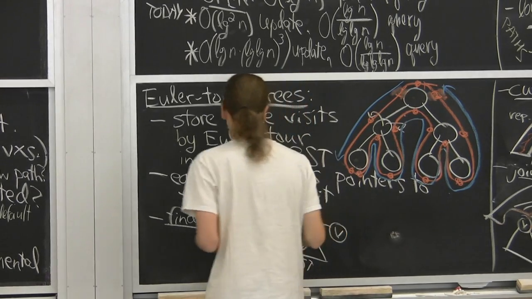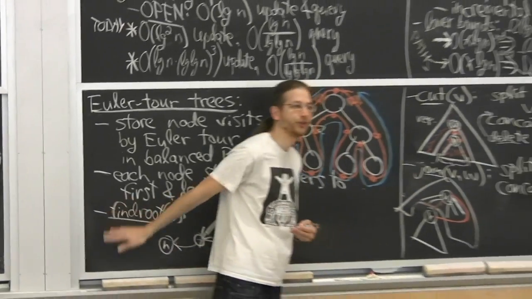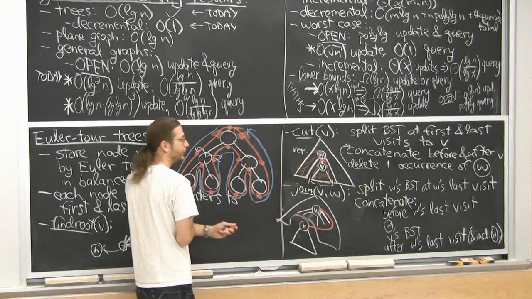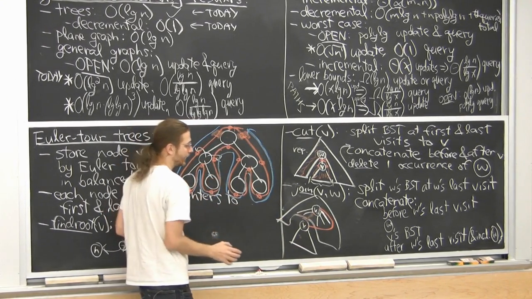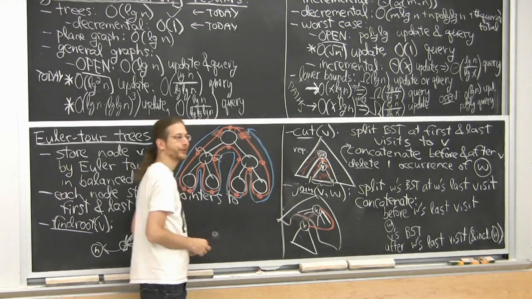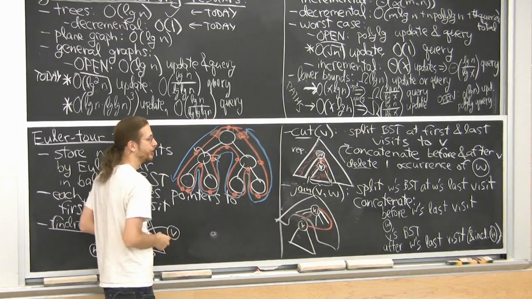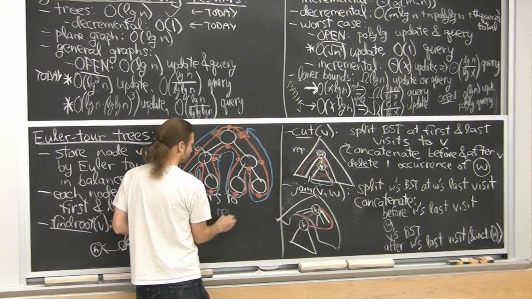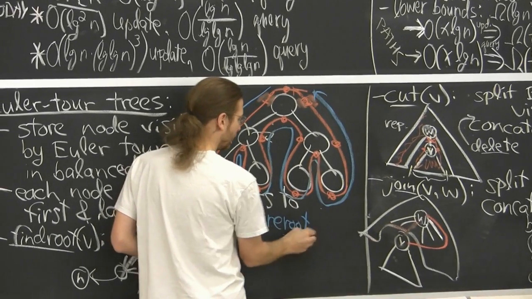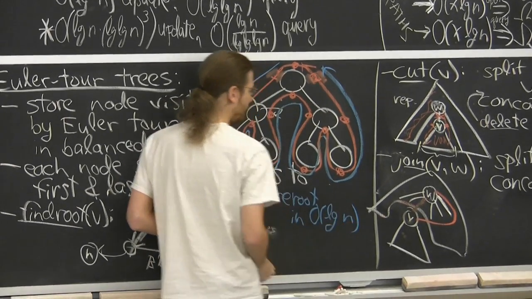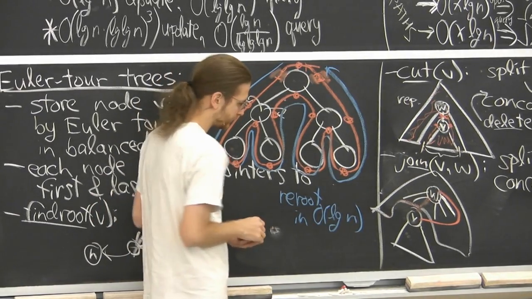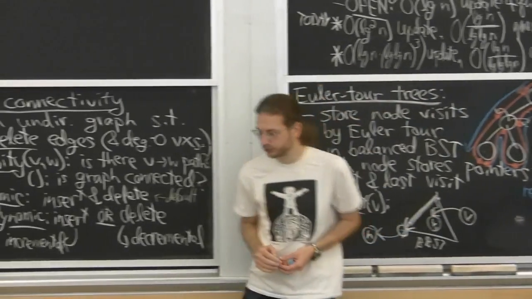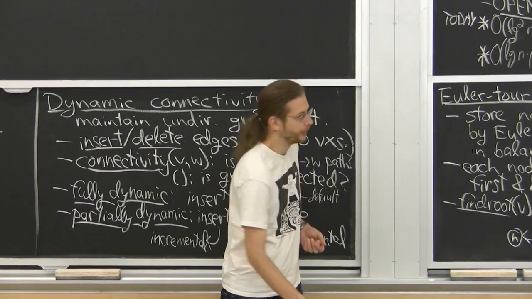So this is why, in this world, join is equivalent to insert. If I want to do a general insert, first I reroute V's tree. I do a cyclic shift with one split, one concatenate, like this, and I get V to be the root. Then I can do the join. So again, a constant number of splits and concatenates. So it's another operation we can do in log n. Everything here is log n. Cool. Any questions about Euler-Tour trees? That's all I'll say about them.